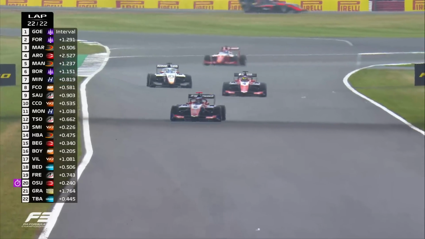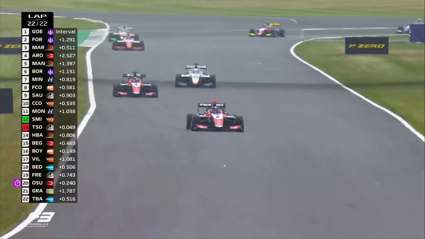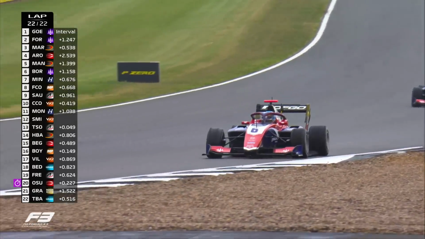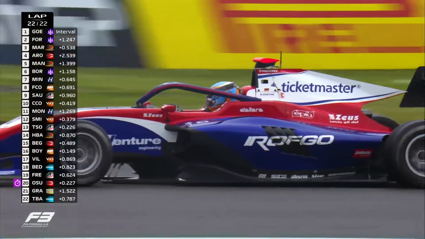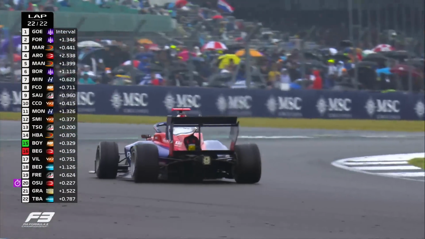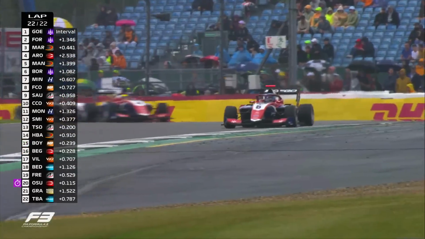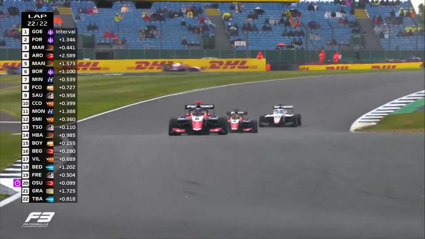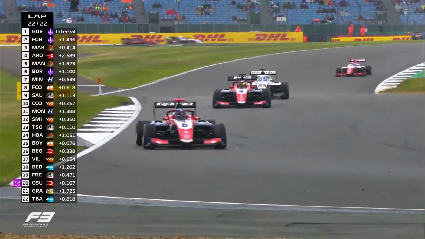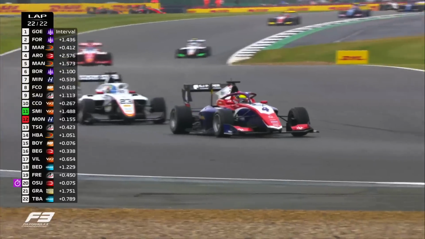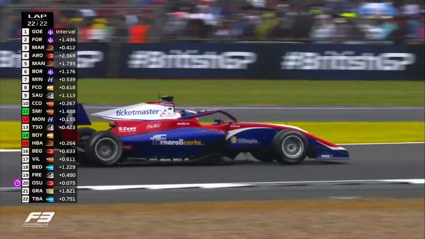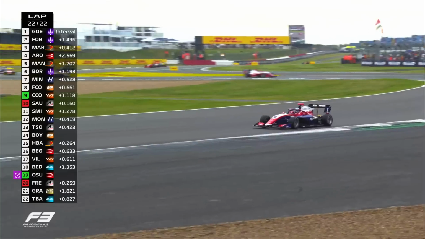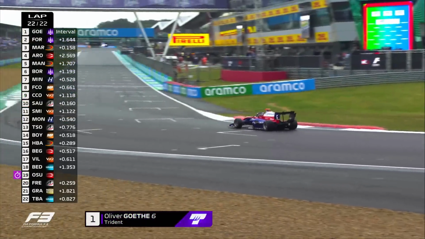Meanwhile, out front, we've almost forgotten they're there. Ollie Goethe leading by 1.2 seconds. We could still see a battle on for second place as they tip their way into Stowe Corner for the final time. Smith trying to get past Montoya in the background to get himself up to the points. Ollie Goethe just able to hold on, and you can see he's having to tip the car into there. Leo Fornaroli behind,